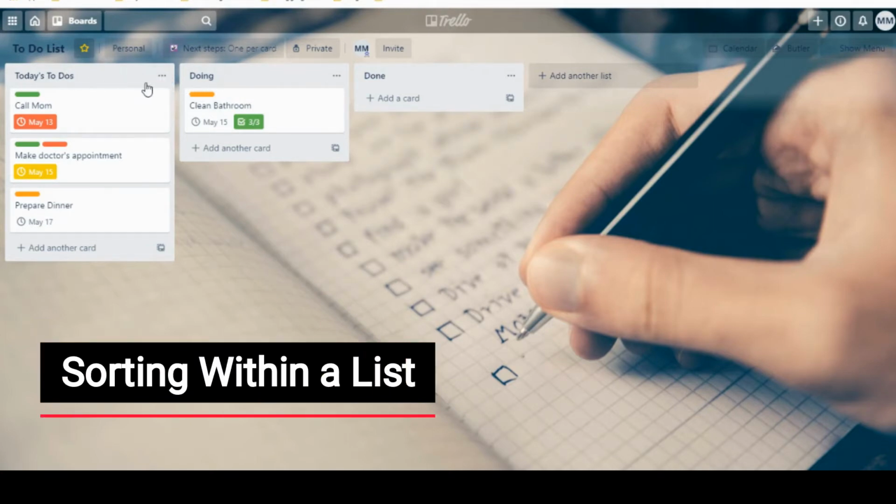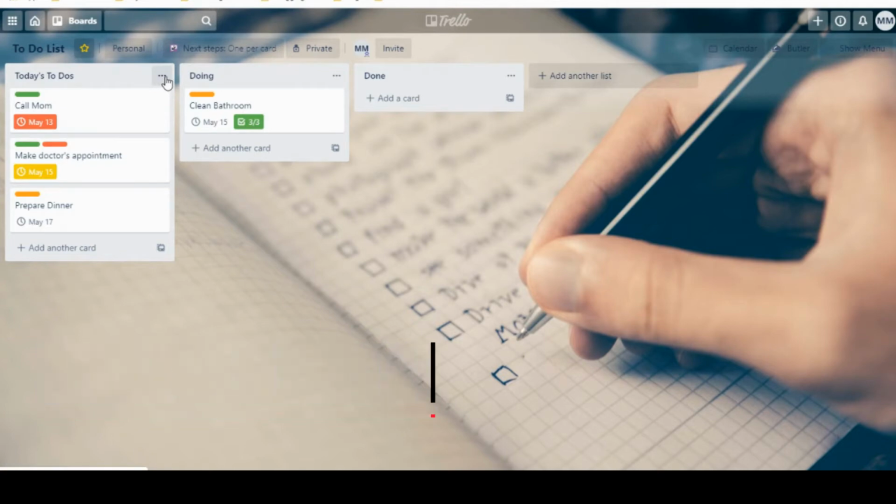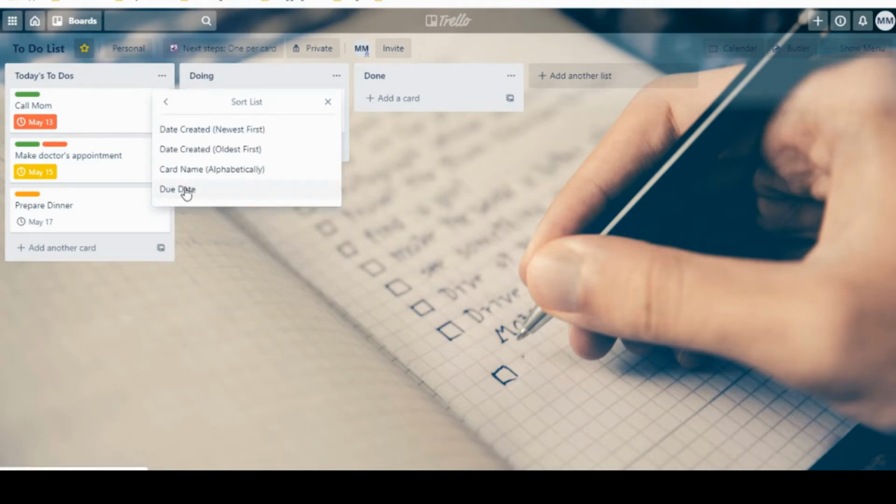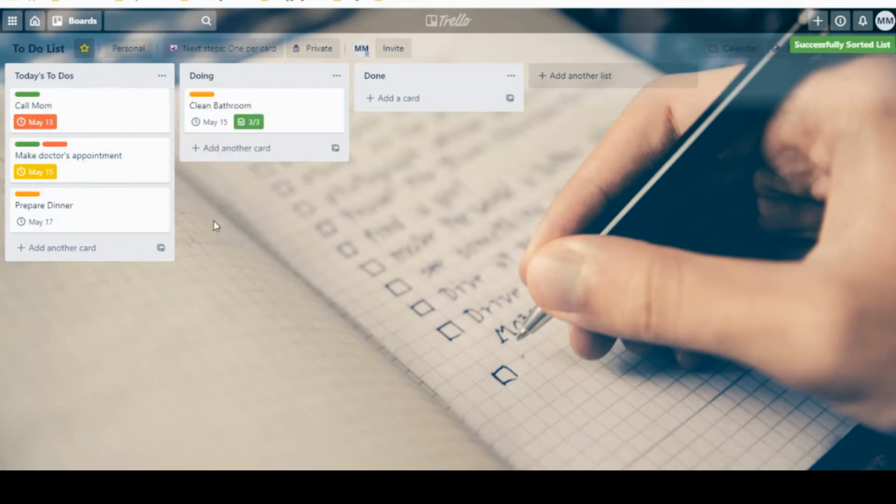And I just want to show you where you can actually work within a list and sort by due date as well. So if we come to these little dotted section here, we can go to sort by, and we can actually sort by date created, name of the card. So you could do an alphabetical sort, or you can sort by due date. And actually right now it's already sorted by due date.